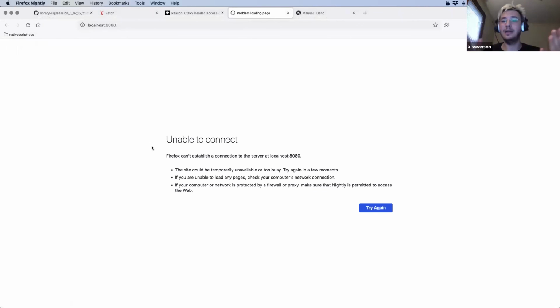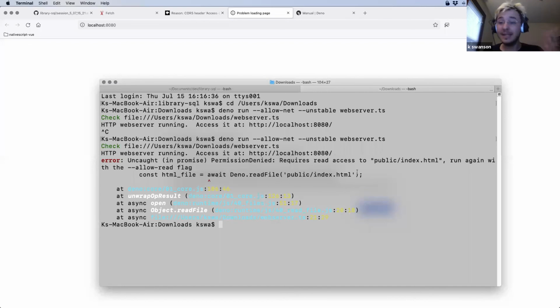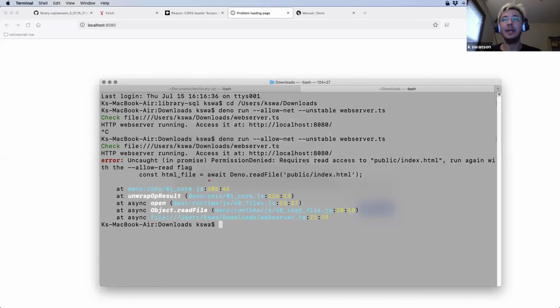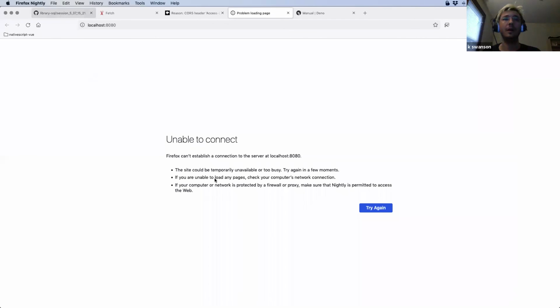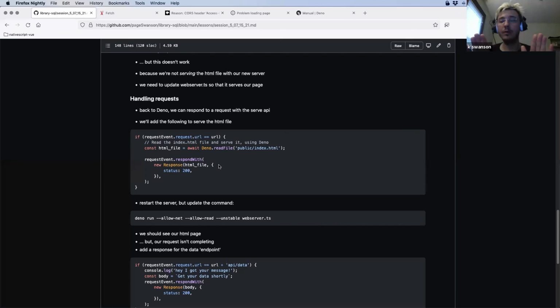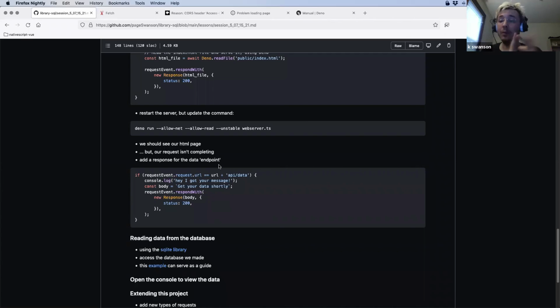The problem is that it failed. Why did it fail? Let's find out. Okay, it tells us exactly why it failed. It says, hey, I tried to read your HTML file. I found it, but I don't have access to that. And that's something kind of cool about Deno. Deno prevents you from doing things like connecting to the network on your computer or reading files or writing to files unless you explicitly tell it that